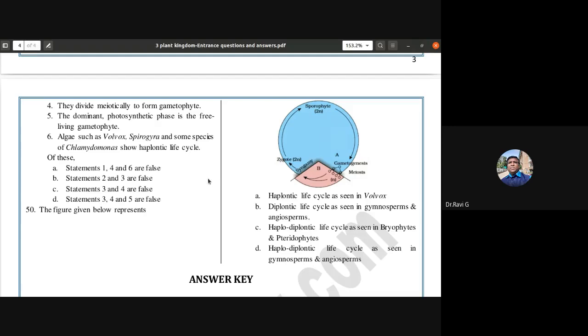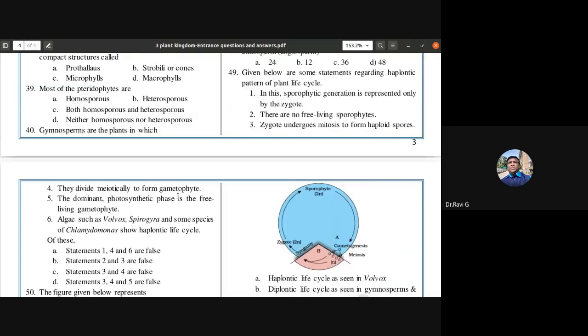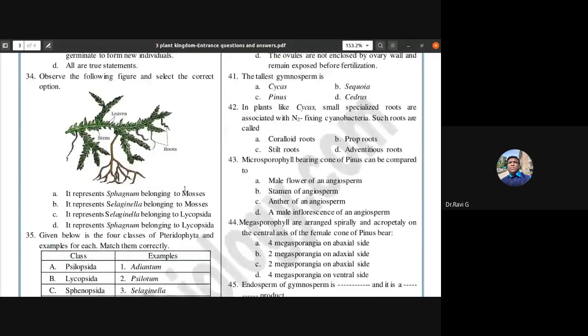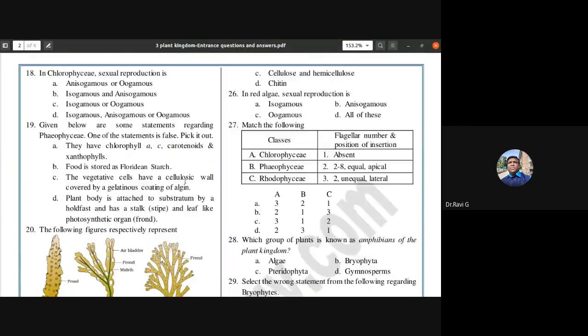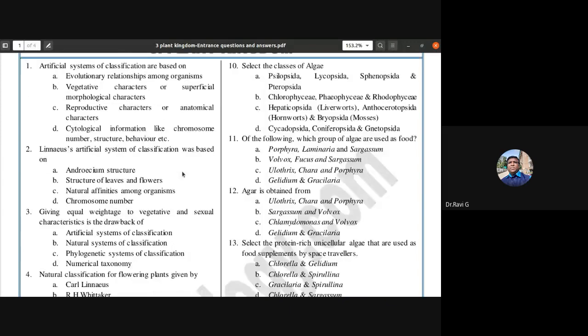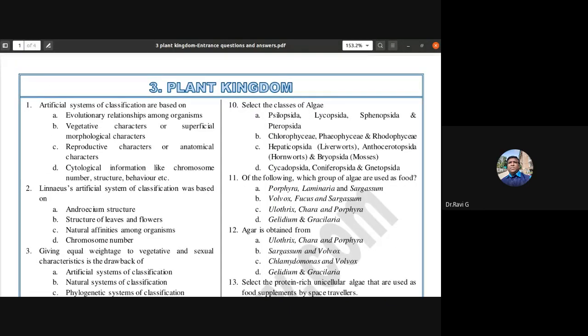So that completes our discussion of these multiple choice questions for the chapter Plant Kingdom. Okay. So if you have any doubts or queries from any question, you can just inquire. There are some wrong answers in the answer key, so you should be careful there. So anyway, do you have any doubts or clarifications? Please let me know. You can switch on your mic and